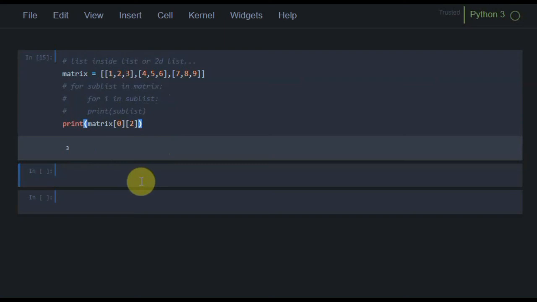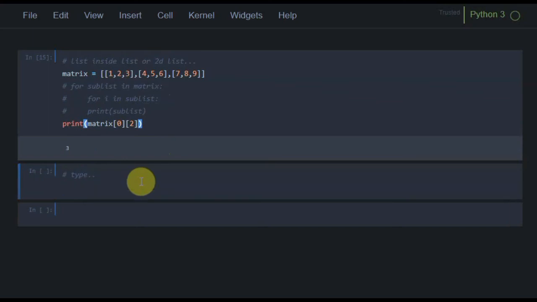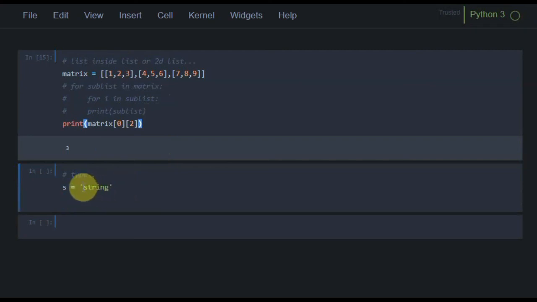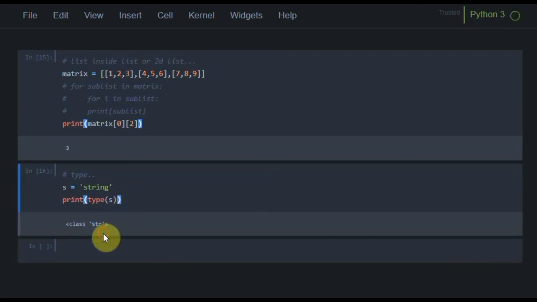Maybe I forgot to tell you about the type function, so we discuss it in this video. The type function we can use to determine the type of any variable. Suppose s is a variable which is a string. You can see here a string is under the inverted commas. How can I know what is the data type of s? I can determine the data type of s by using the type function. I can just write type, and under the parenthesis of type I write the variable name, and then print. You can see here str. So str is the string.